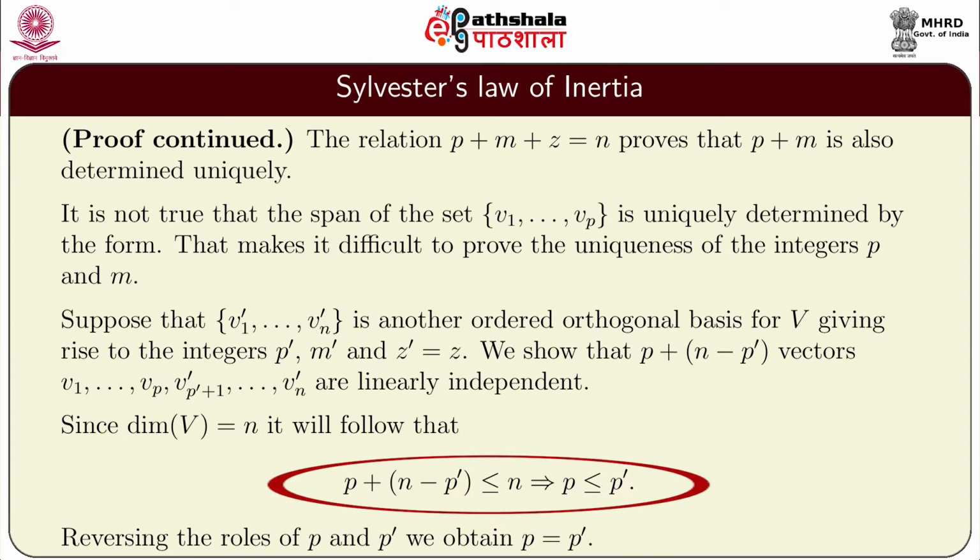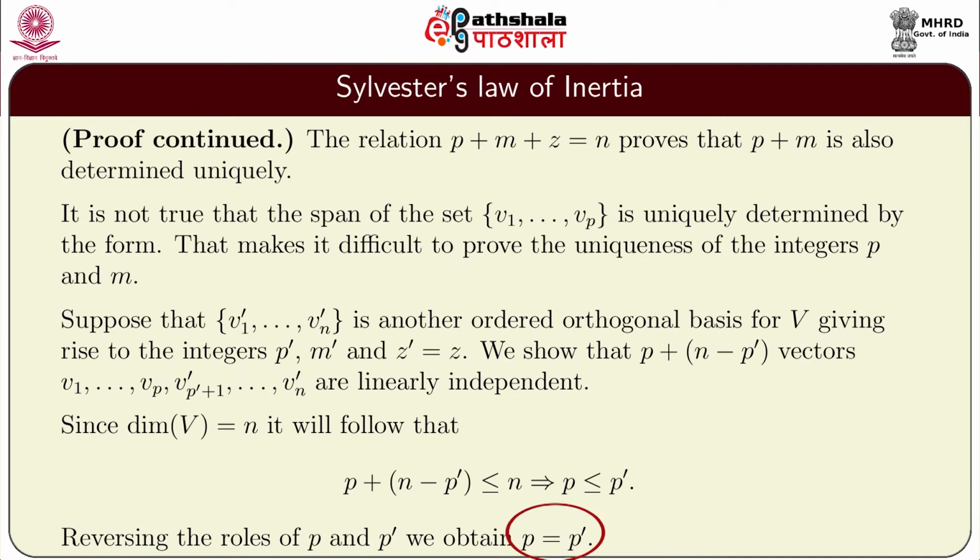We therefore have p plus n minus p' is less than or equal to n, and that implies p is less than or equal to p'. And now if we just reverse the roles of p and p', we get p' is less than or equal to p, and therefore p' is equal to p. This will prove